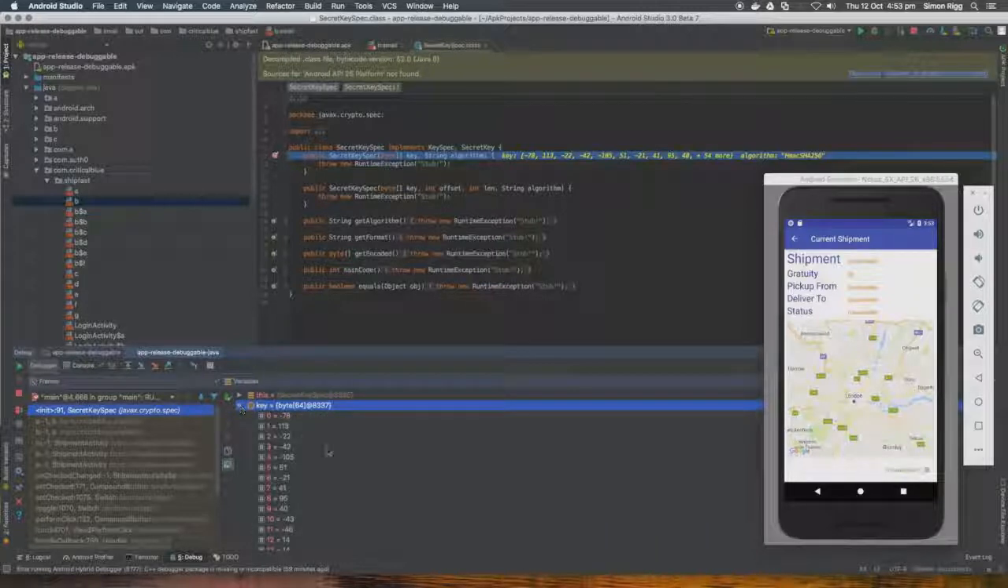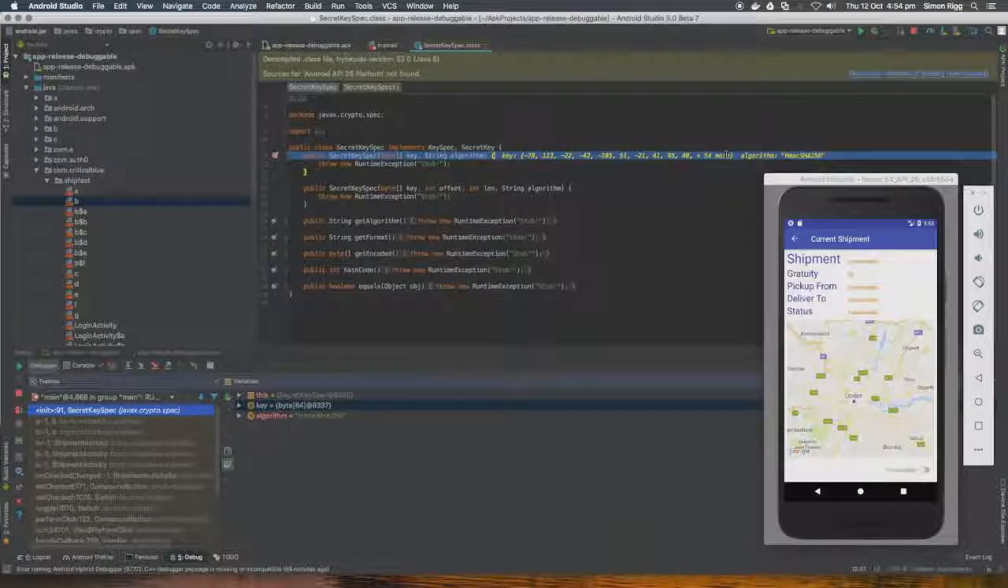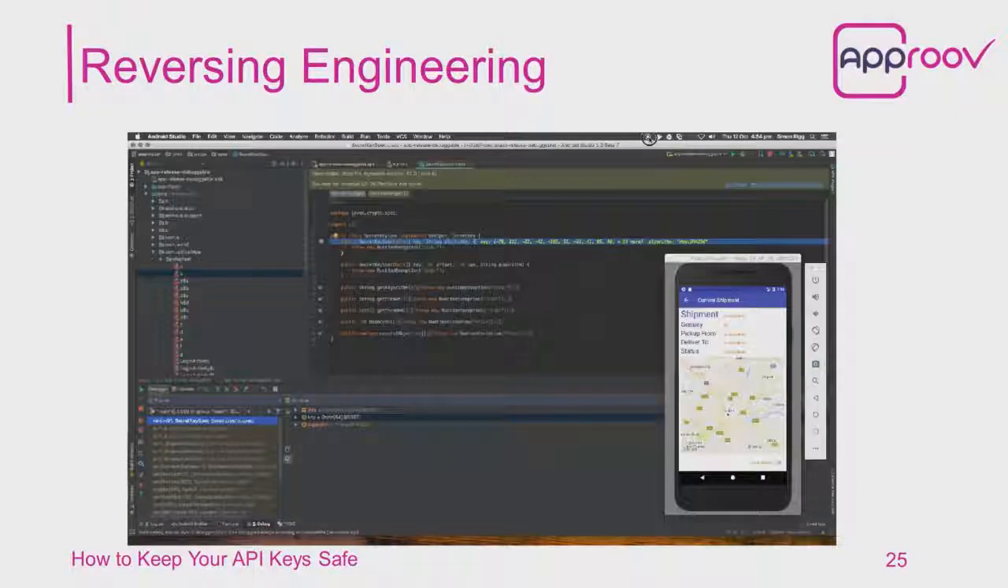And then what we can see is that this is the input to the secret key spec. So basically that there is the new secret that's been calculated at runtime. And that basically you can then plug back into your spoofing client in order to be able to make API requests again. Now, as I say, there are various levels of obfuscation you can go to, but this